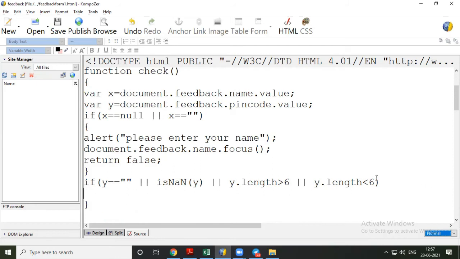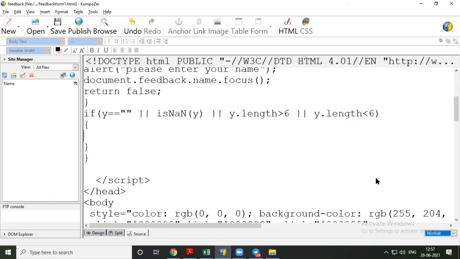If any of them matches, we have to restrict the user from submitting this form. So first of all, we are creating an alert message so that the user can come to know what mistake he has committed. So, please enter proper pin code.